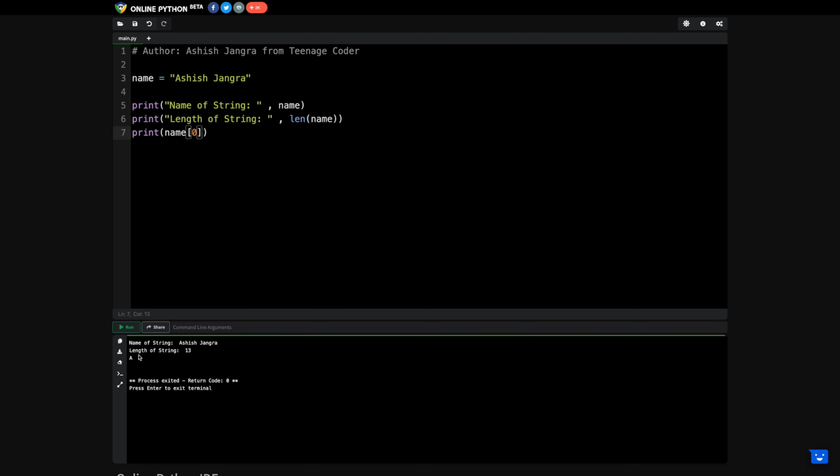I'm getting A, right? So let's write a different value like 1. A is the first character of the name variable, okay? If I write name of 1, then I'm getting an S, which is at the second position. If I write 2, I'm getting H, meaning the third, right? So that is called indexing, right? This is at the first position,